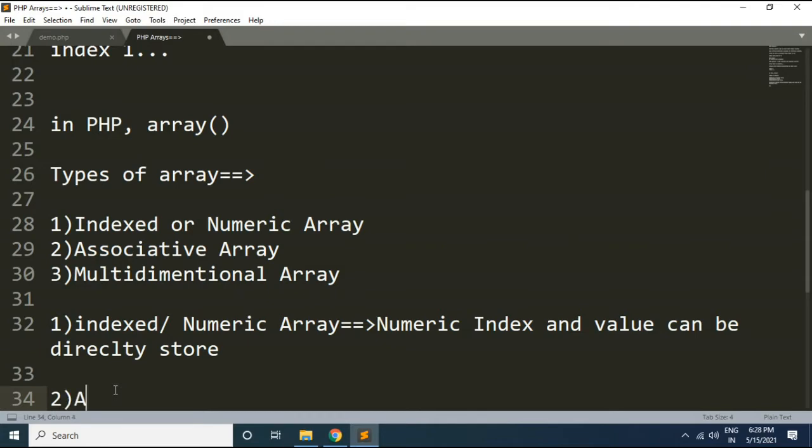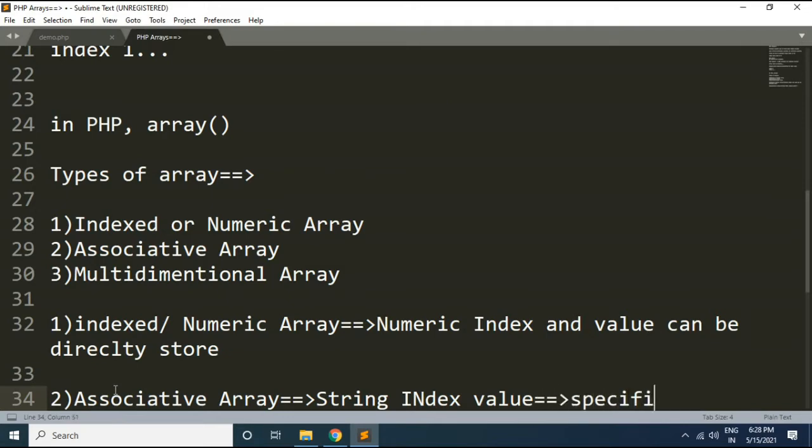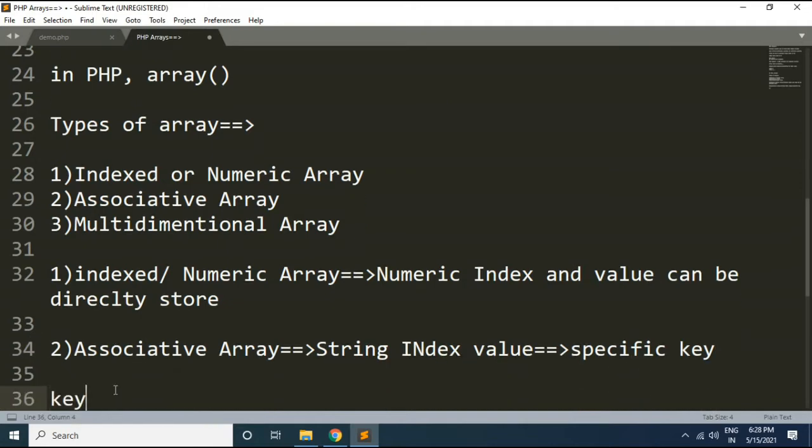The second type of array is the associative array. In an associative array, instead of a numeric index, we will have a string index value, and each value will be assigned a specific key, which will be a string. So there will be a key-value pair.